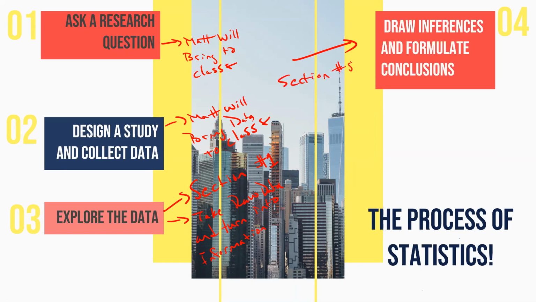So it's funny, right? You might say, well, Matt, you said the course is 5 sections long, but in the process of statistics, you only list that we're going to use section 1 and section 5. Well, to be able to go from section 1 to section 5, you need a good understanding of sections 2, 3, and 4. They all build on each other. And this draw inferences and formulate conclusions, this is how we turn information into knowledge.